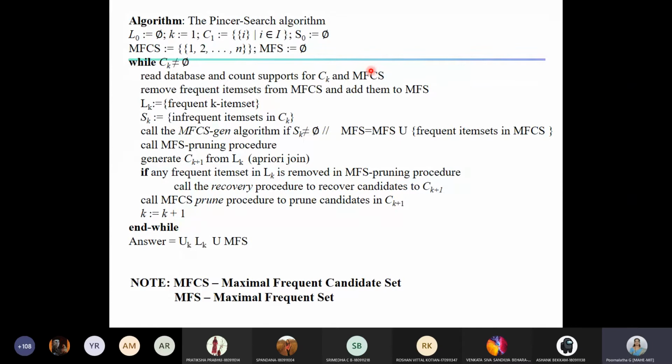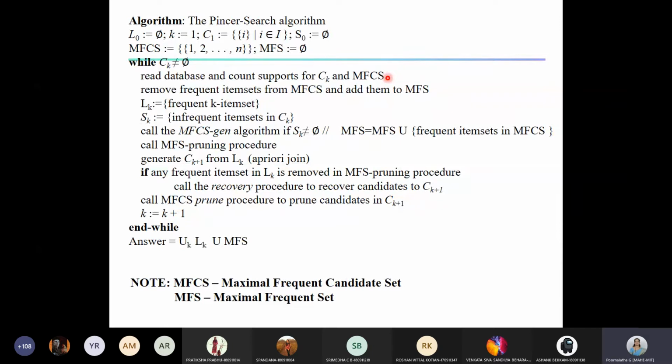While reading the database, we see if any transactions support the items present in these sets. If yes, we increment the counter. So we are counting the support of C1 and the MFCS.